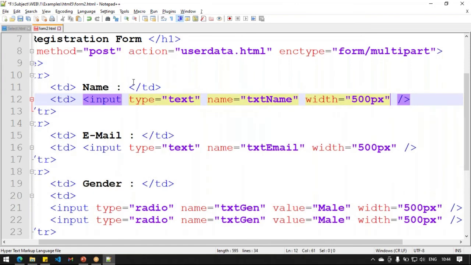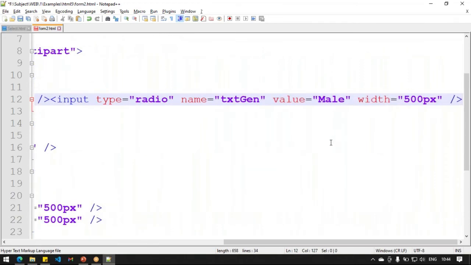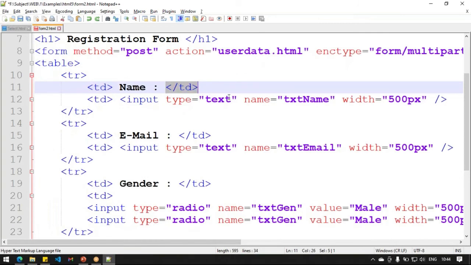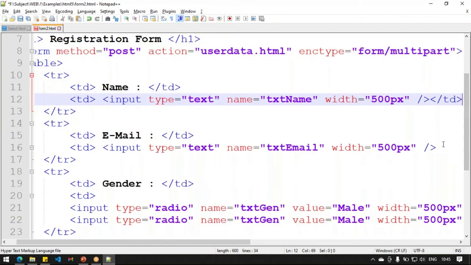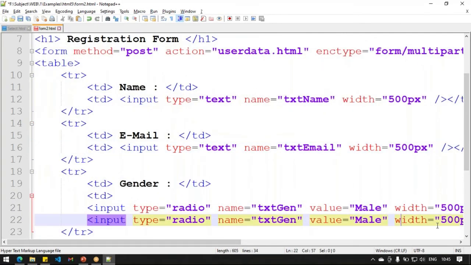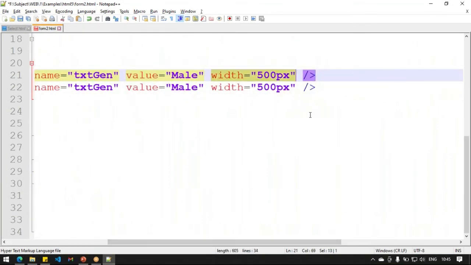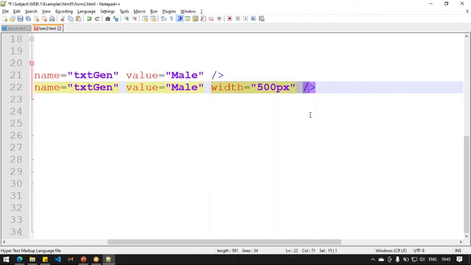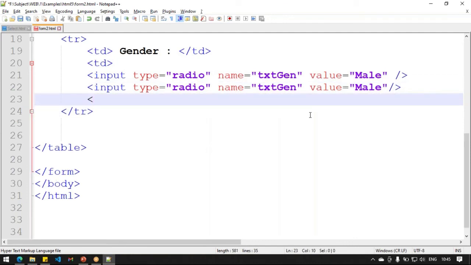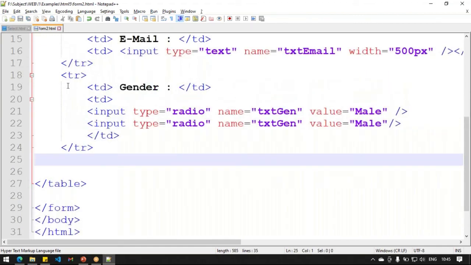Then td slash td. Okay, so gender is there.